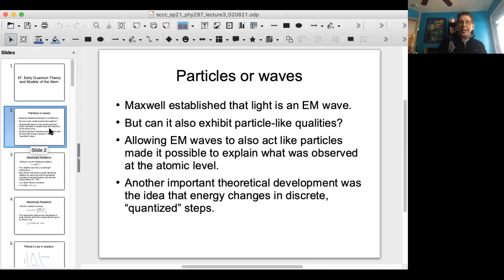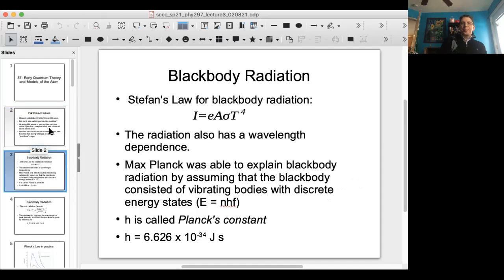Allowing for electromagnetic waves to also act like particles made it possible to explain what was observed at the atomic level. And another important theoretical development was the idea that energy changes in discrete quantized steps. So there's no continuous spectrum of energy. You have to jump from one energy state to another energy state, or jump back down to a lower energy state. So the process of figuring all this out was started by Stefan, who had created the law for